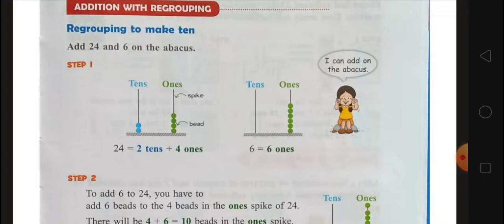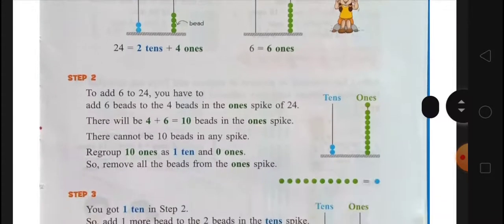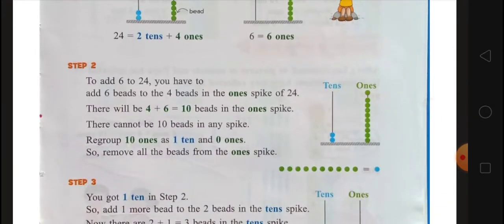So let's make it 24, that is 2 tens plus 4 ones, and 6 is only 6 ones. So in the ones spike we show 6 beads, and tens is nothing. Now we have to add these numbers on the abacus. To add 6 to 24 you have to add 6 beads to the 4 beads